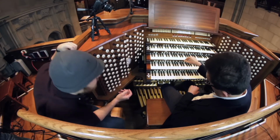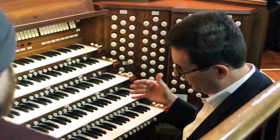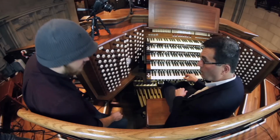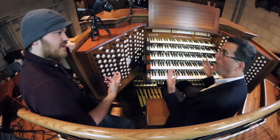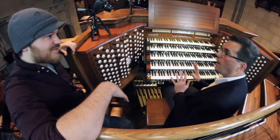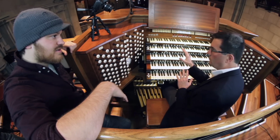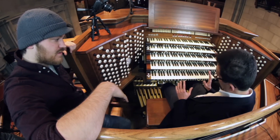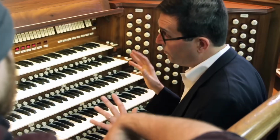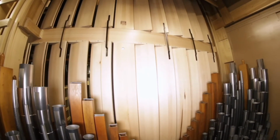Oh, so those... Wait, but there's 4. There's 4 because there's 4 different sections, divisions of the organ that are under expression. Do you find yourself using those while you're... All the time. You're constantly... There's so much going on when you're playing any song. You're always trying to bring out a certain note, a certain phrase by moving these shades. So the pipes actually don't get louder or softer, but as the shades close...